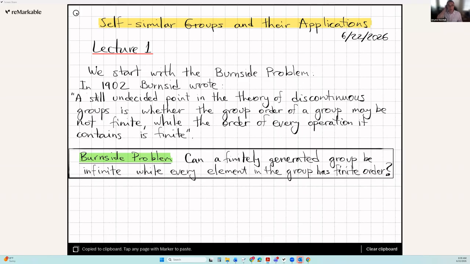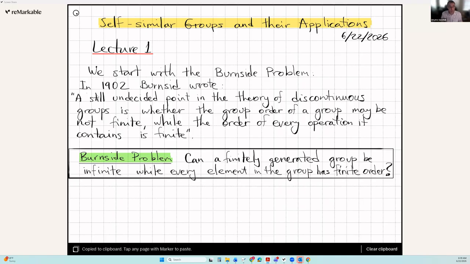So we start with the Burnside problem. That was one of the main motivations for the study of these groups that we're talking about. It goes back to 1902. Of course people already worked with groups, which mostly came from a topological perspective at that time, and from Galois theory from the other end. But for them, in most cases, groups were just some transformations, some symmetries of some space.